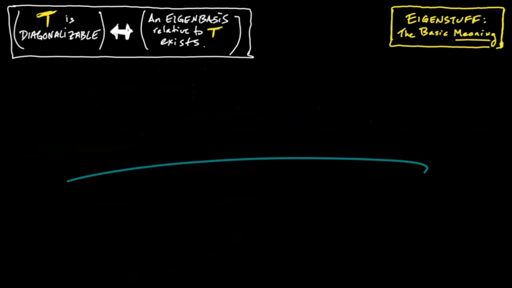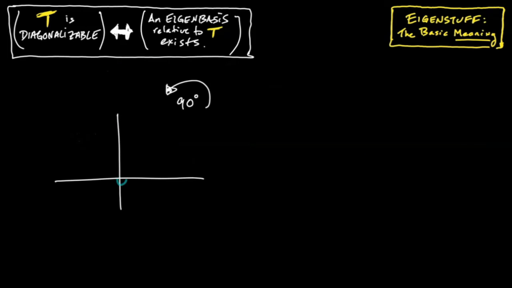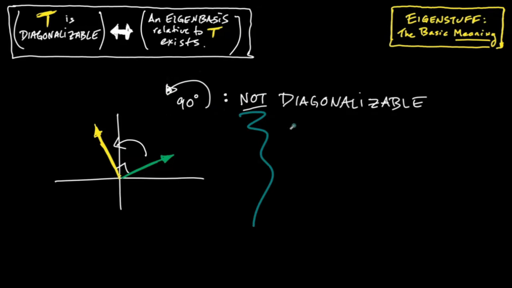We don't always have them, and we can see this with some very simple examples. The simplest example would be something like a 90-degree clockwise rotation of the plane around the origin. What are the eigenvectors of such a map? Well, it only takes a few seconds of thought to realize there are no eigenvectors of this map, because whatever vector you start with, when you hit it with a rotation, it ends up pointing at right angles to where it pointed before. So there's no way that it's getting scaled. Since our rotation has no eigenvectors at all, there's obviously not an eigenbasis for R2 relative to this rotation. There's not even a single eigenvector. So this rotation is not diagonalizable.